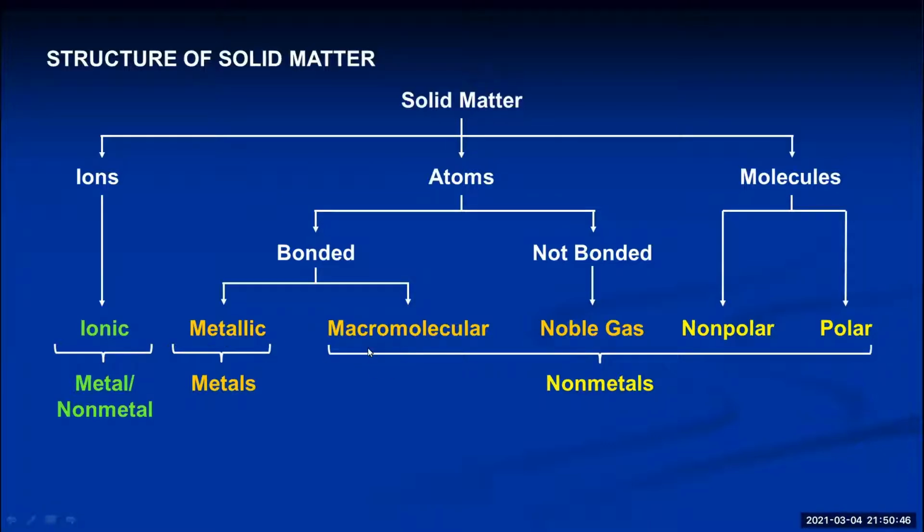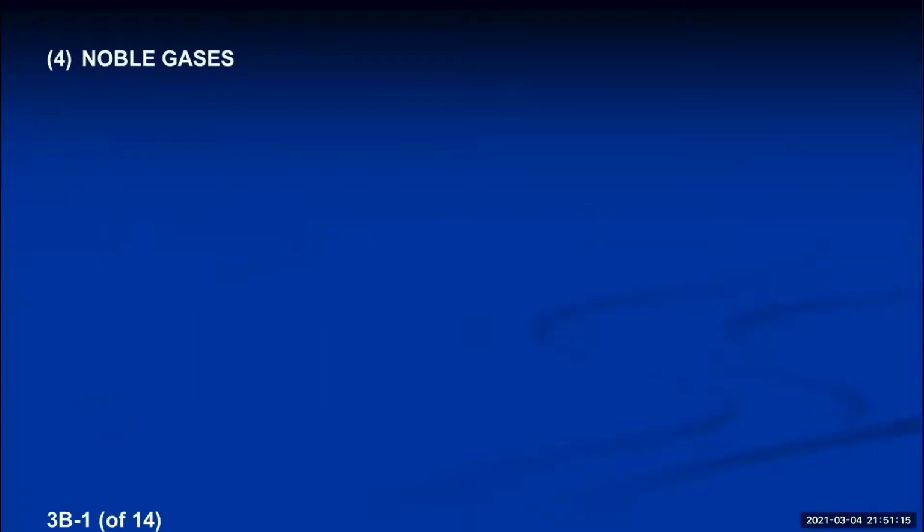So yesterday we talked about these first three categories of matter, and the similarity between the three is they all have very high melting points. They're solids at room temperature, and you have to heat them up to like 1,000 degrees or more to actually make them melt into a liquid. We're going to talk about the last three categories today, and we're going to talk about one more category of matter that exists only as atoms, but it's a little bit different than the metallic or the macromolecular because they're going to be non-bonded to each other, and that's what noble gases are. So noble gases would be any matter that's composed of noble gas atoms.